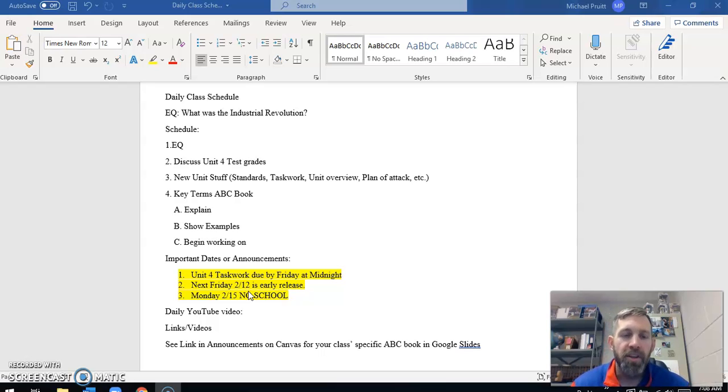So you can see our schedule for class. We're going to discuss your test grades from Unit 4 very quickly, very briefly. Again, we're still getting some of the data. There are still people who either were missing and haven't taken it or were in class but have not submitted, which is a little concerning because we told you guys to make sure you submitted that same day. We'll remind you of that, and we'll try to give you some time at some point to work on that.